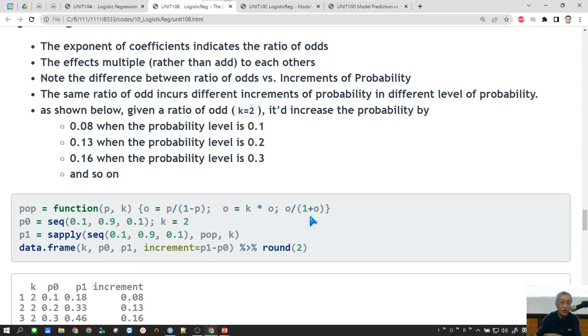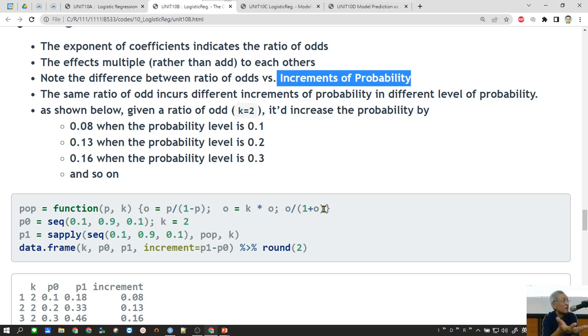If you are interested in transforming the odds ratio into incremental probability, you can follow the code and try to do it yourself. It's not easy, because the same odds ratio would transfer into different incremental probability,